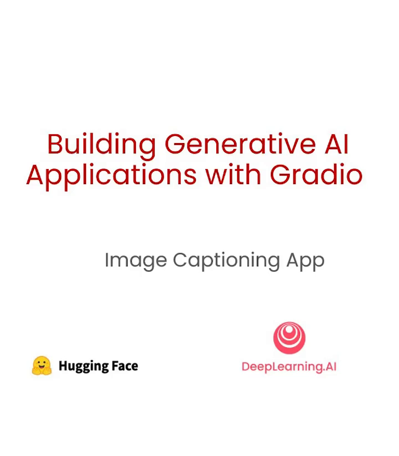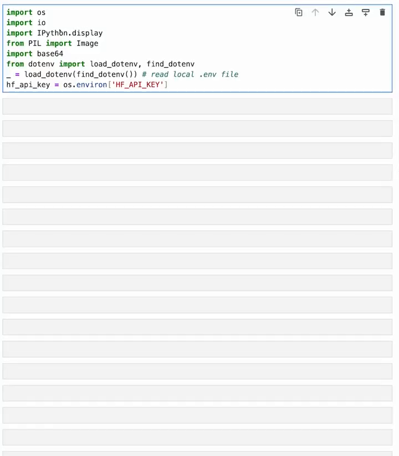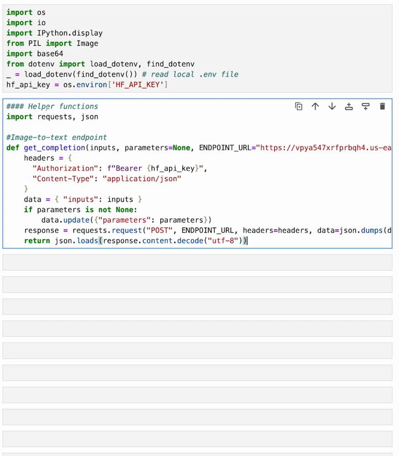Now, we're going to build an image captioning app using an open source image-to-text model. So we'll set up our API key again, and then we'll also set up our helper function. In here, we have an image-to-text endpoint,